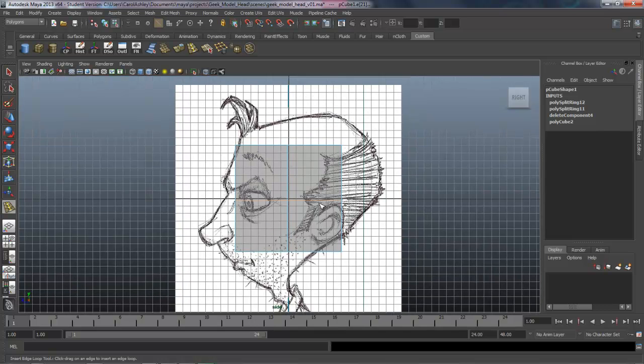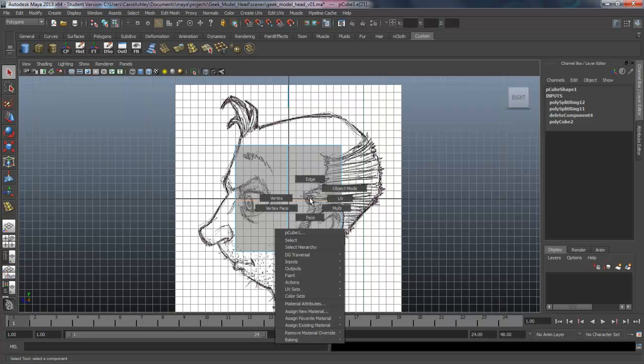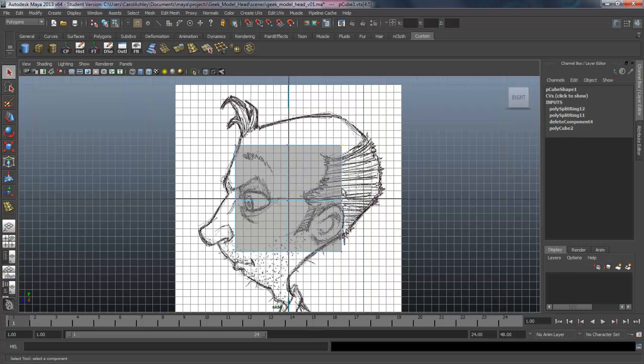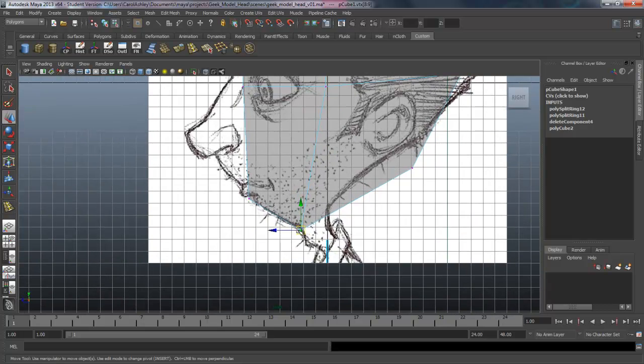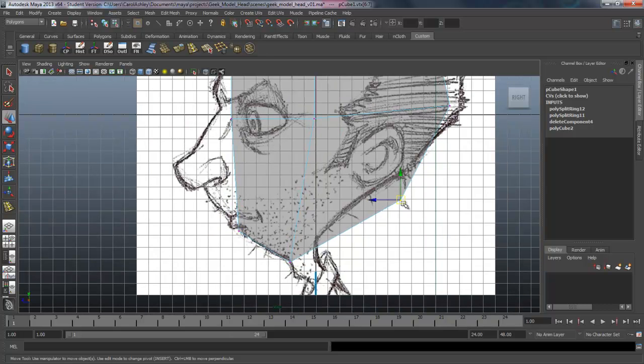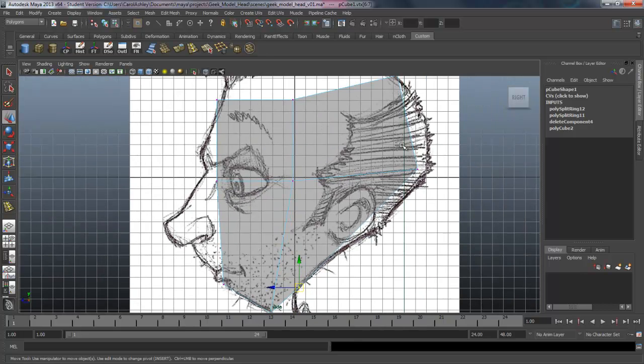And with just those 2 divisions right there, hit Q on the keyboard and get out of that. And I'm going to grab the vertices and drag a marquee around them and just start pulling these points over and positioning them. So this is the bottom of his neck here. He's got this very sloped chin. So typically your character would have a chin coming out more like this. So his is back here like that. And this is going to be the back part of his neck. He's got a very small neck for the size of his head.